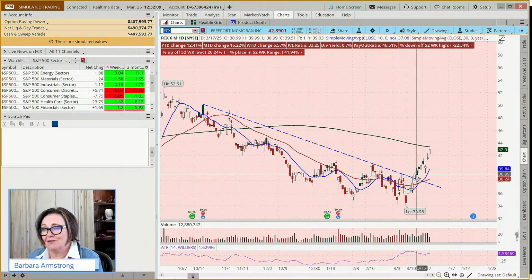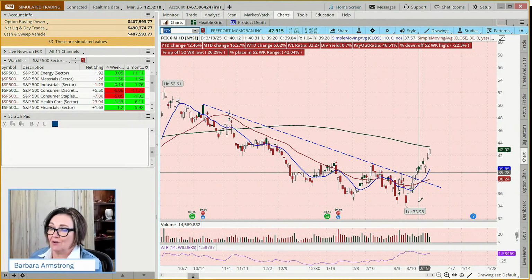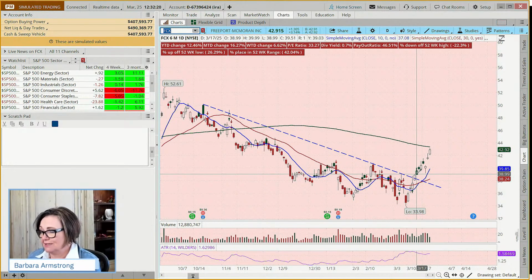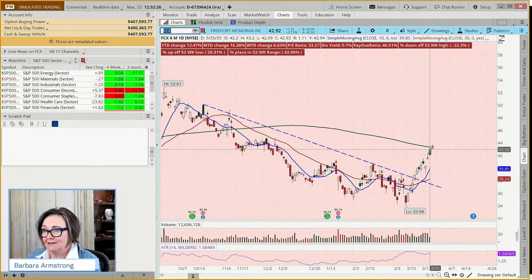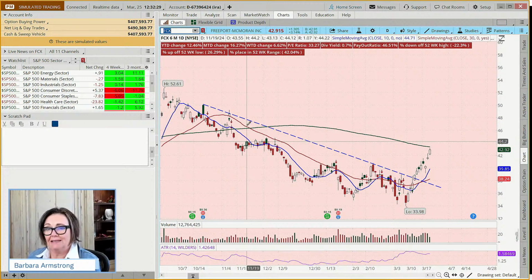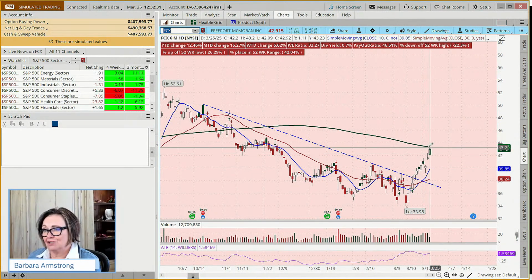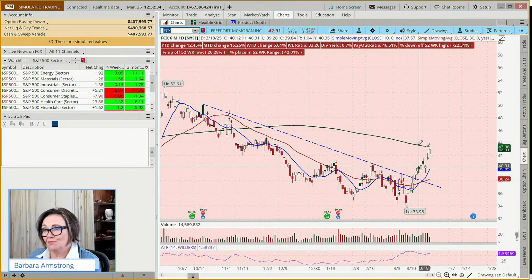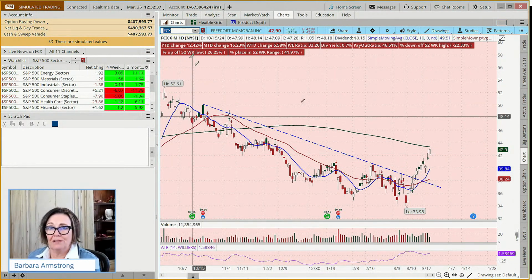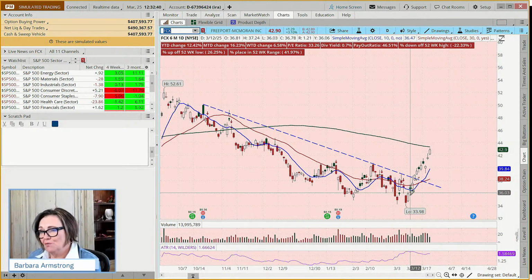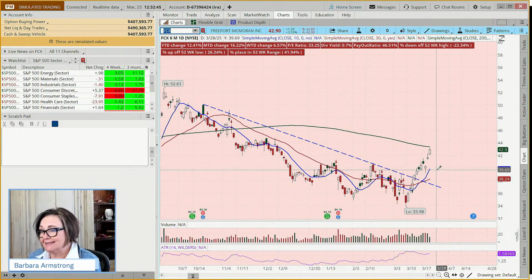I'd be going, yeah, I don't know if that's really a breakout. You want to wait for it to cross the river and come back and test the ice. And if it comes back through, it wasn't a breakout, it was a fake out. But it continued on, didn't it? And then we've had one down day out of like 10 or 12 trading days, and it's back up to the 200-day moving average now. So will it just continue on through? We don't know. And in this case, we haven't seen a pullback. So a trader might put this on their watch list and say, I'm going to wait and see if it does pull back for a few days.